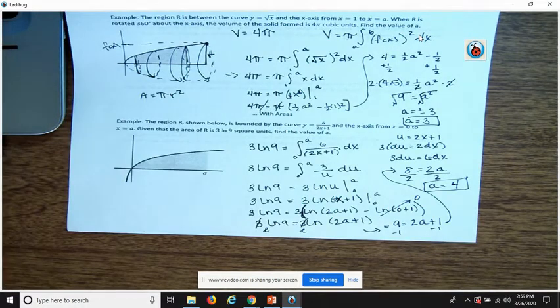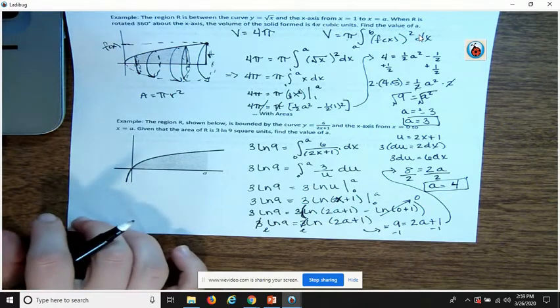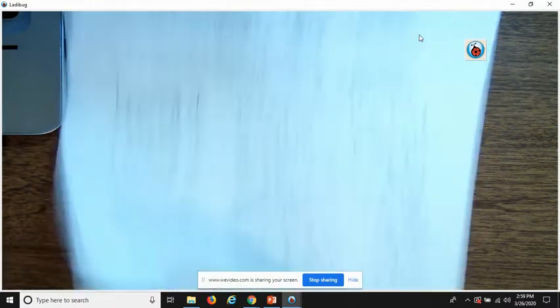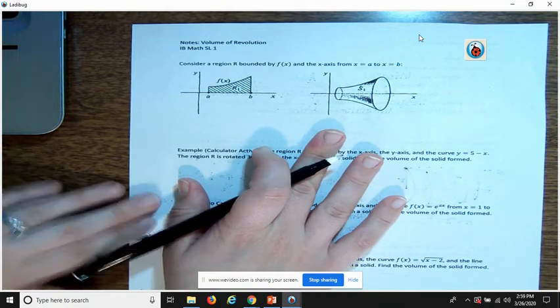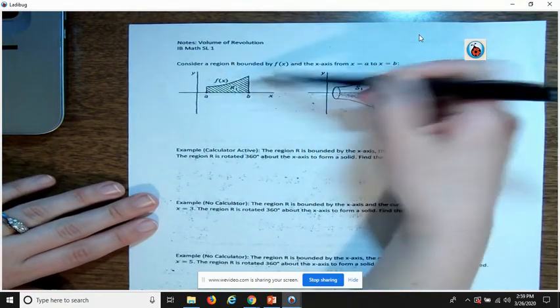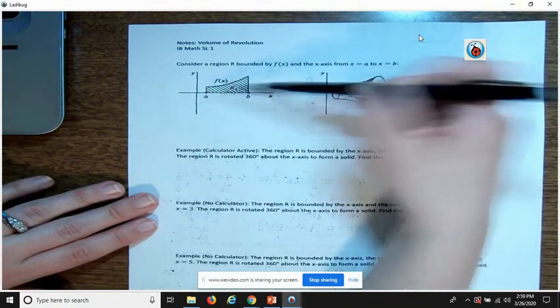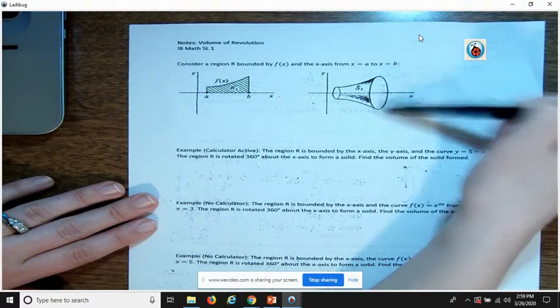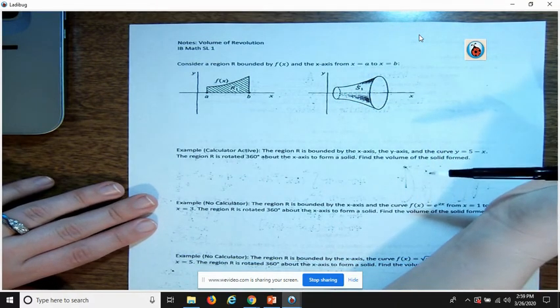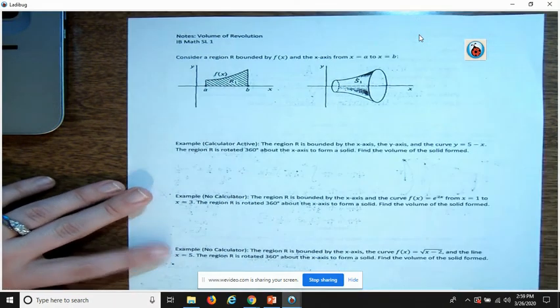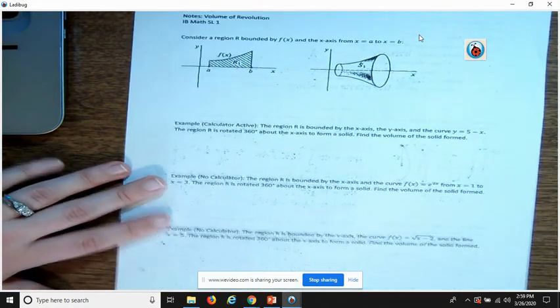All right, so we've done it with volume, we've done it with area. Hopefully my explanation wasn't too shabby. All right, let's flip it over. Okay, so here's another picture showing us the region bounded by f of x. All right, so f of x is here, and the x-axis from A to B, and then we have a picture of our solid when we rotate around. Hopefully this is a better picture than what I had, okay? So this is really just a picture showing us